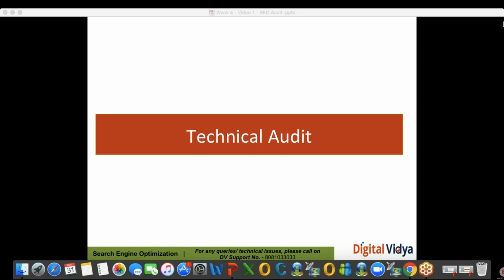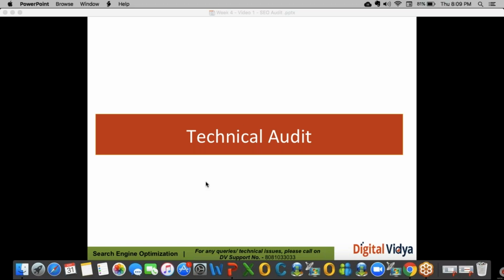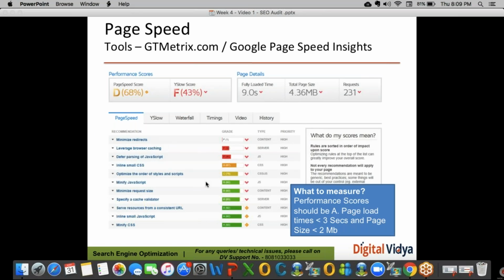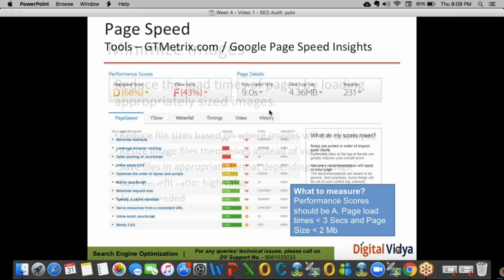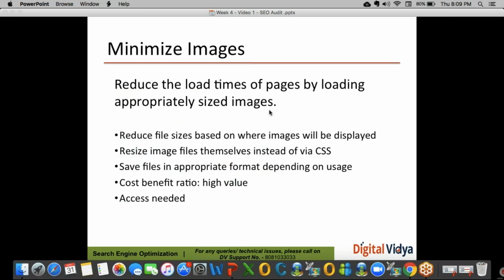As I said, technical audit is all about making sure that your website page speed is fine and it's loading well compared to the competitors. We will be looking at the same tool which we have seen earlier, Google PageSpeed, or if Google PageSpeed is not available, then you can go with GTmetrix. You always need to check the performance score given by Google PageSpeed. Always consider 80, 85 plus as a good score in both devices, whether it's desktop or smartphone.